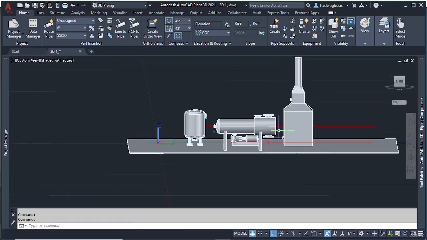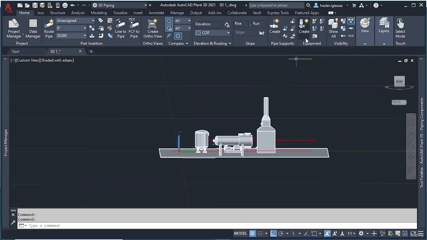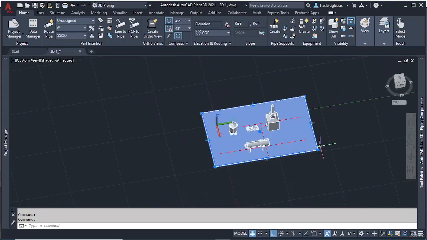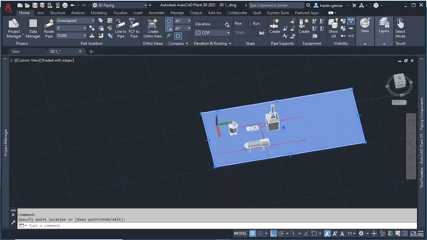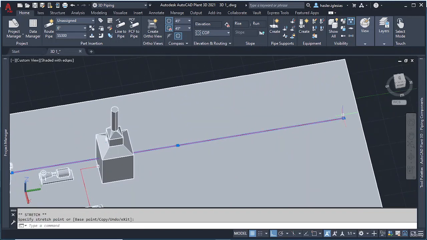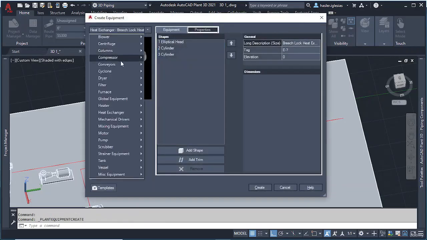So we have learned how to insert equipment, how to modify equipment, and how to add different parts. Now, what happens if I want, for example, a distillation tower? Let's say I want a distillation tower here, this way. Let's extend this line. I want a distillation tower here. So I'm going to create equipment. To create equipment, I click here and create. I'm going to look for